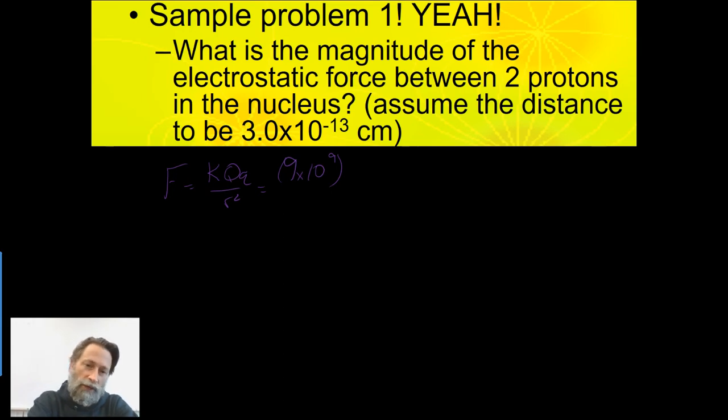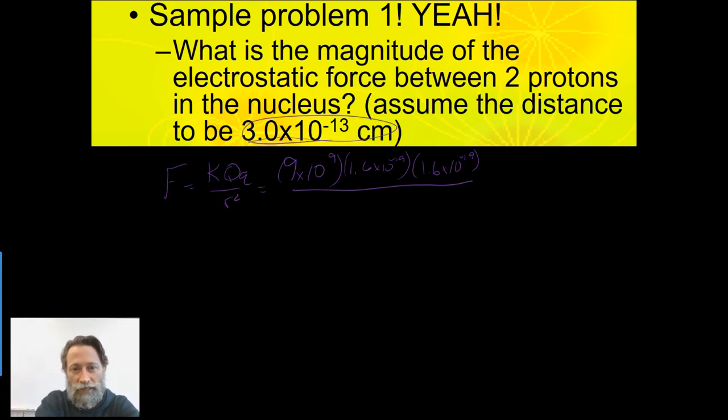And the charge of the proton, remember, is 1.6 times 10 to the negative 19th. And then the charge of the other proton will be 1.6 times 10 to the negative 19th. And it tells us the distance that they are away from each other, 3 times 10 to the negative 13th. And it looks like this is in centimeters, so I'm going to have to put that into meters. Remember that centi is 10 to the negative 2, which means I'm going to go 3 times 10 to the negative 15. And then the most common mistake is students forget to square that value